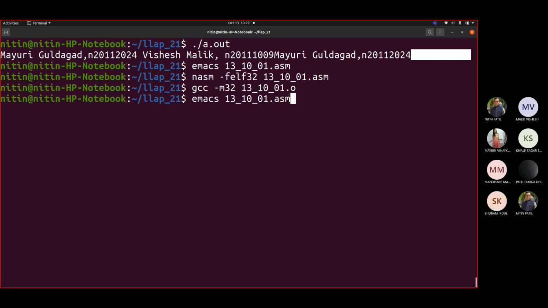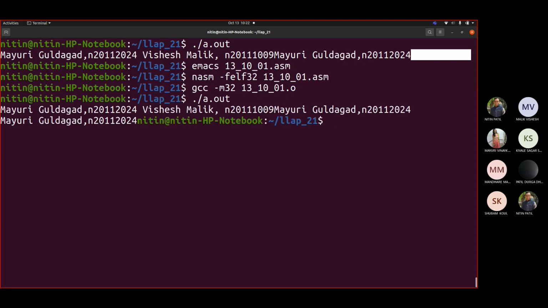Some gcc a dot out. You can see that this actually added \n there. That's why even in this case, this was displayed there. So we already saw in the previous session, if I use printf and puts, we saw the difference. Puts always adds a \n, whereas printf doesn't add any \n. That's why it continued displaying your shell prompt there only after printing the string.